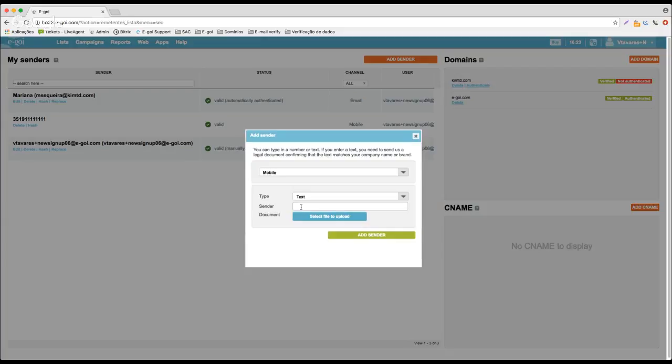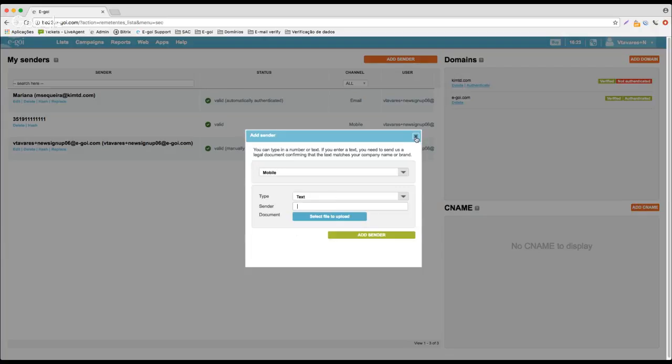I would type in the name I would want to go on my SMSs, and then I will only have to forward to E-goi a specific file, which can be a brand registry, okay, an official document that clearly states that I am entitled to send SMS on behalf of this specific